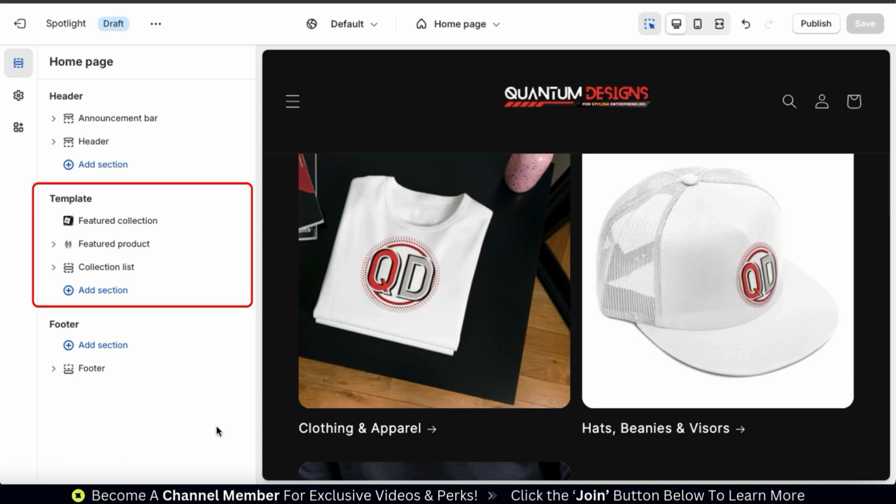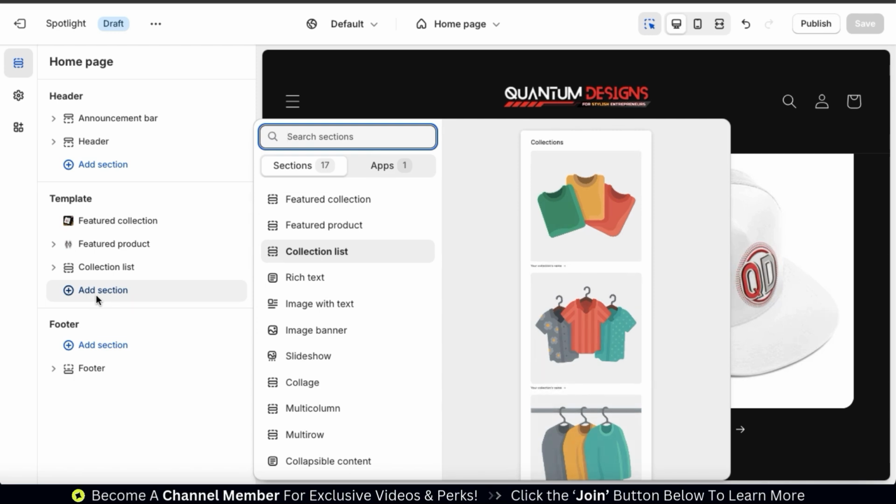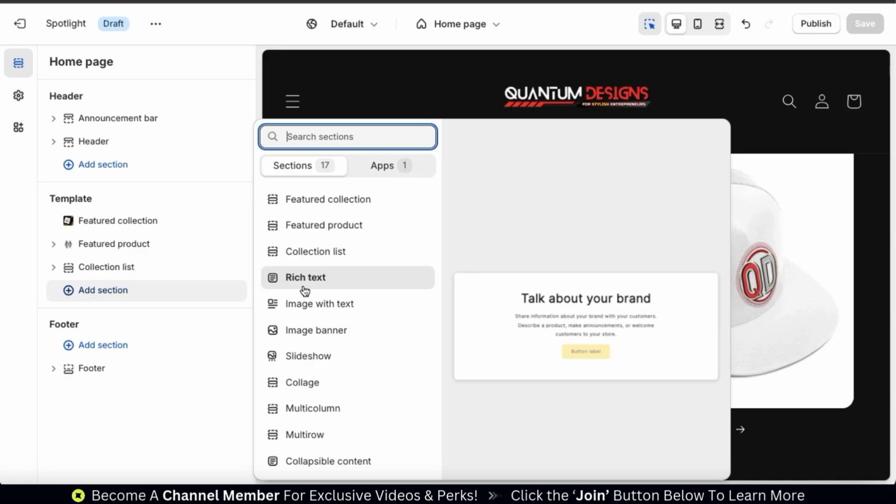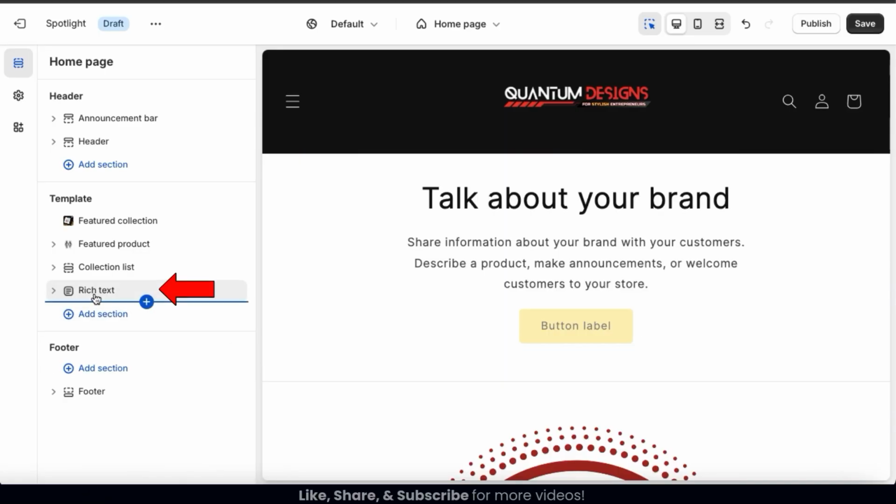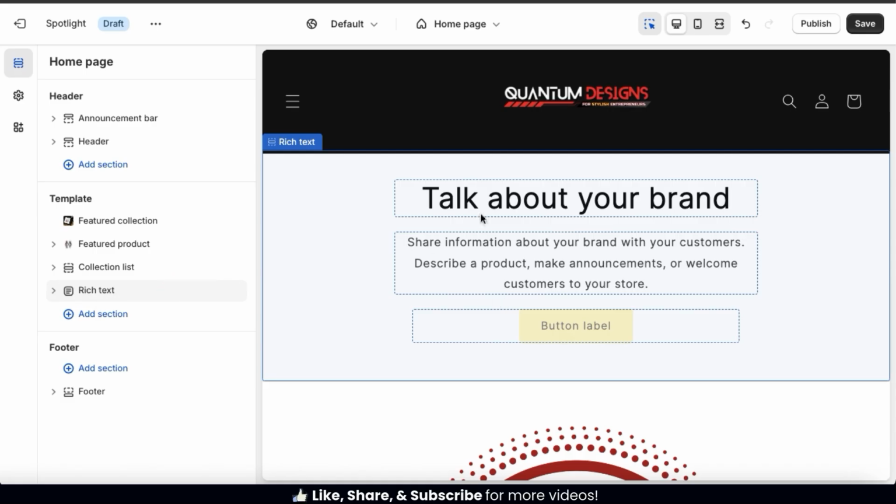from the menu on the left-hand side. From here, go ahead and click the Add Section tab at the bottom. This will open up a menu displaying all the sections that you can add to your Shopify homepage. From the list here, go ahead and select Rich Text. The Rich Text tab should then be added to the menu on the left, and you should see a preview